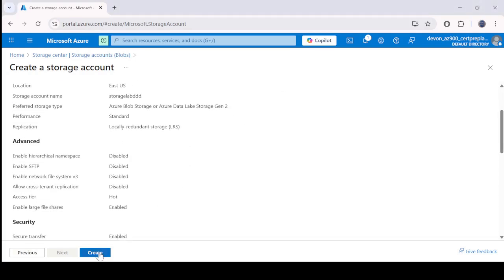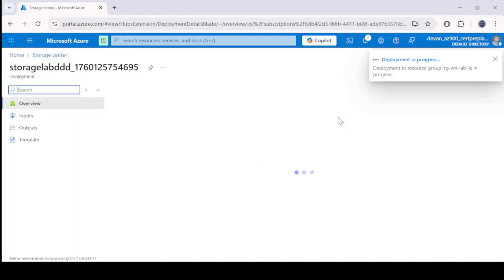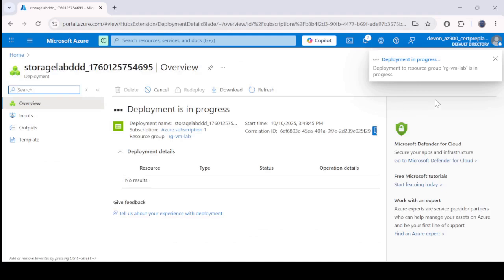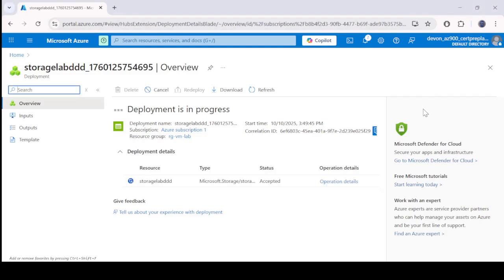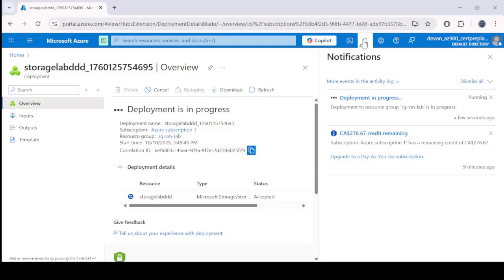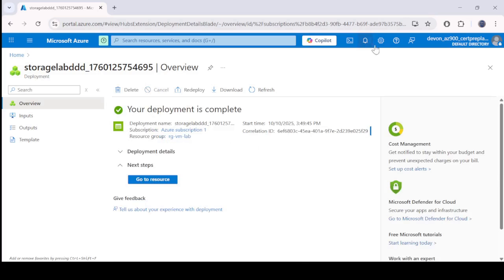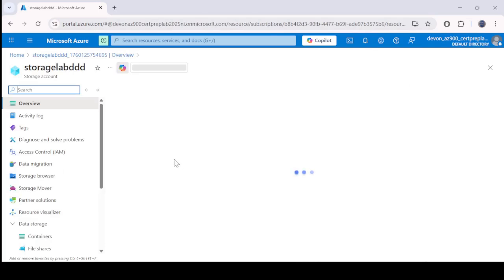Okay, so next we're going to go create. And just going to wait for the storage account to be created. Shouldn't take too long. All right, deployment is complete. So I'm going to click on Go to Resource,